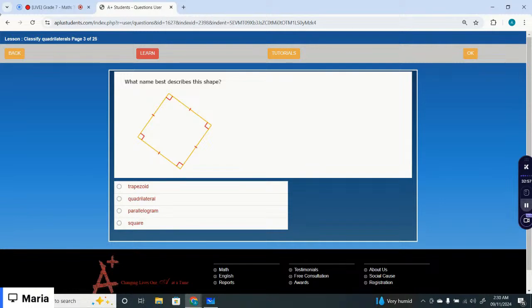What name best describes this shape? Which is the correct option? That is a square, right? All four angles are right angles and all sides are congruent. So that is